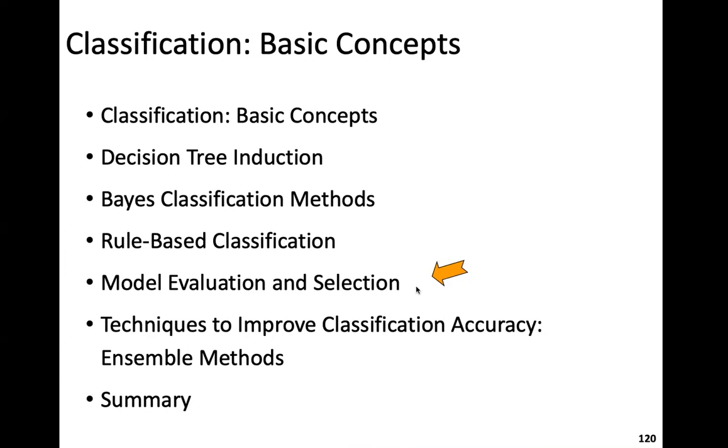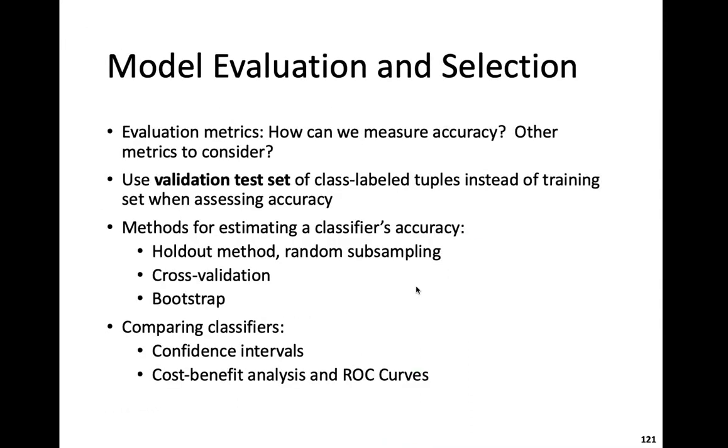What is this about? We know that now there are so many classification approaches. This is just a small glimpse of the various classification approaches. How do we evaluate these? To evaluate these, we have to have model evaluation and selection approaches. So we have to have some validation tests. These are like statistical hypothesis tests. And here also we can do the subsampling.